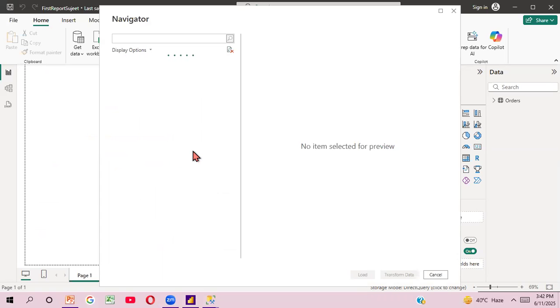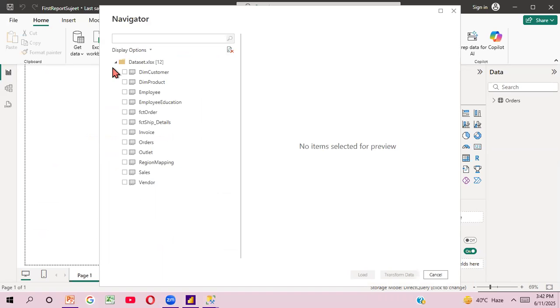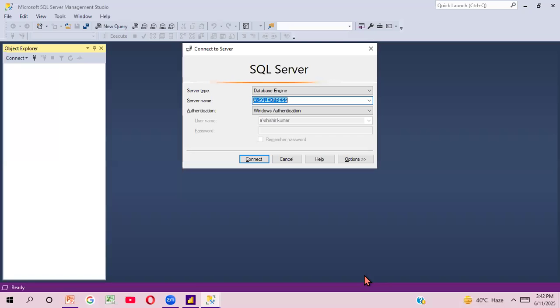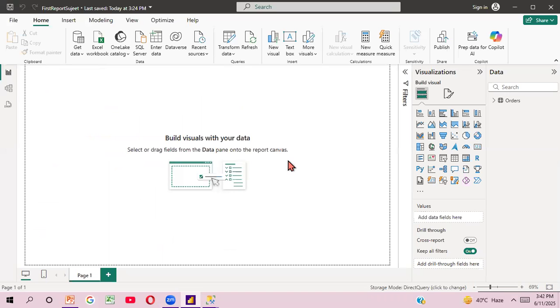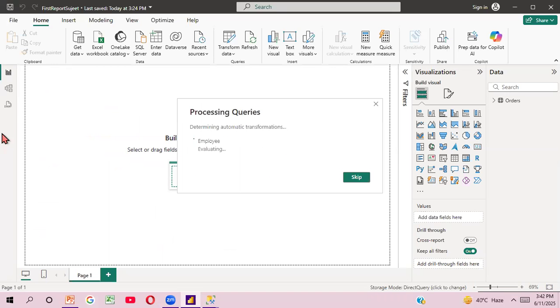Here I'm taking data for employee. So whenever I check this box and load the data, that option will be visible here. So table